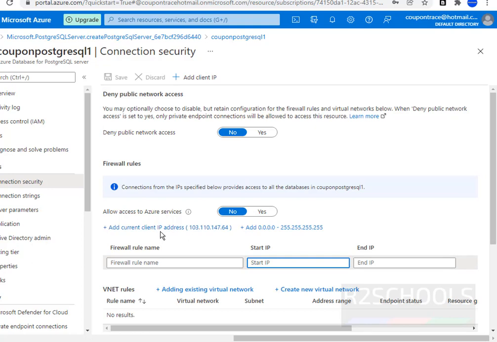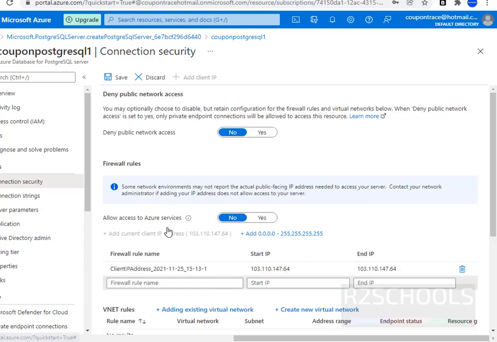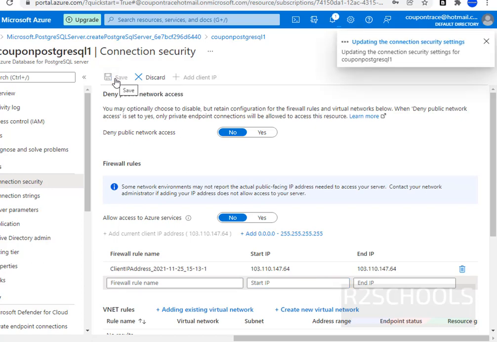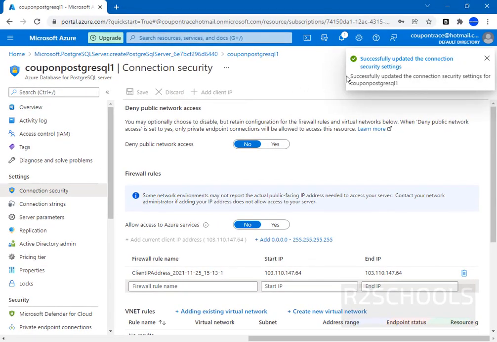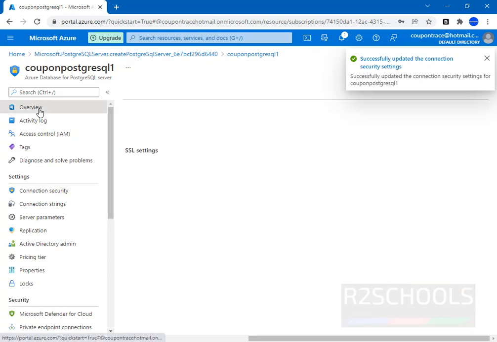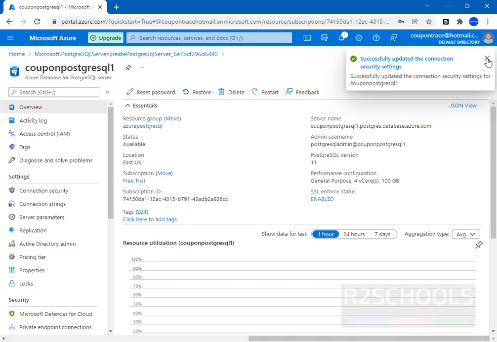I am just clicking Add current IP address. If you want to add others, just click here and provide the IP address of others. Then save this one. See, it is updating connection security settings. See, successfully updated connection security settings. Now go to Overview, close this notification.